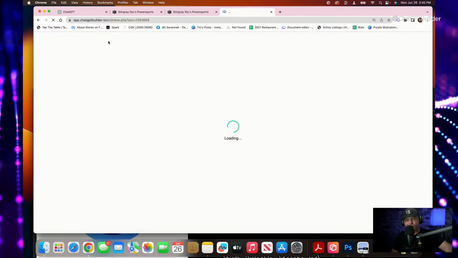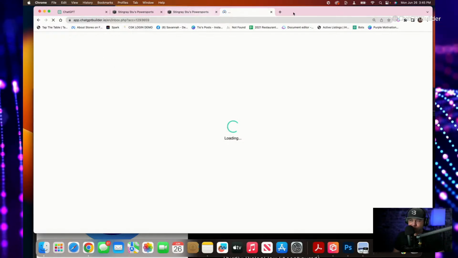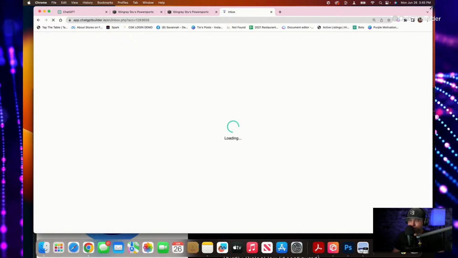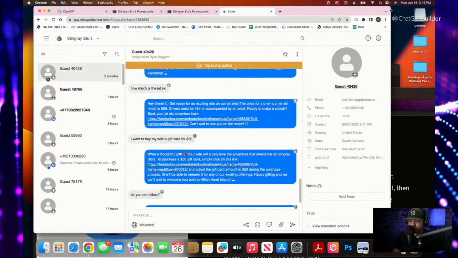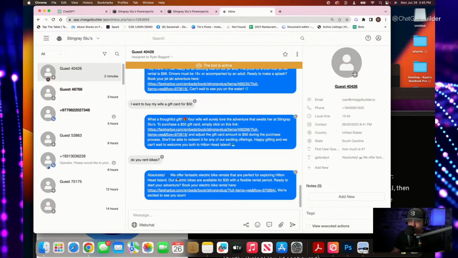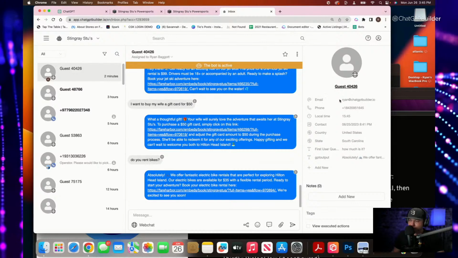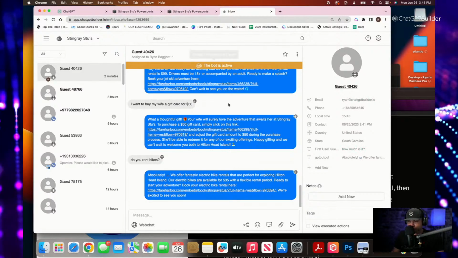We'll open the inbox and we should see my conversation going. And the next thing we'll do is, while this is trying to open here, there it goes. Okay. Come on, Hargray, do better. So here I can see, do you rent bikes? Absolutely. Blah, blah, blah. It didn't ask for my email because it's already on file, because I've been obviously testing